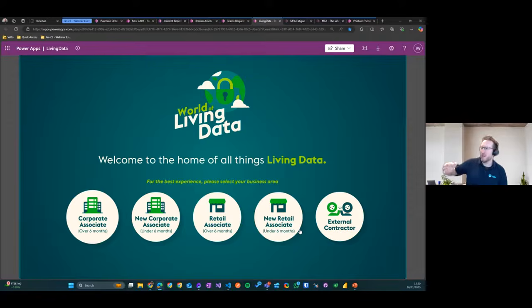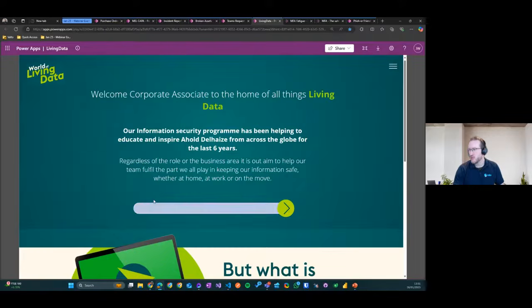The next few examples are going to be an onboarding piece that come with a series of compliance tests and checks and validation of data that you need to do when you join a company. And I think all of these examples are really great examples of something that's not your standard out the box application. So for here, I'm just going to click as if I was a corporate associate,